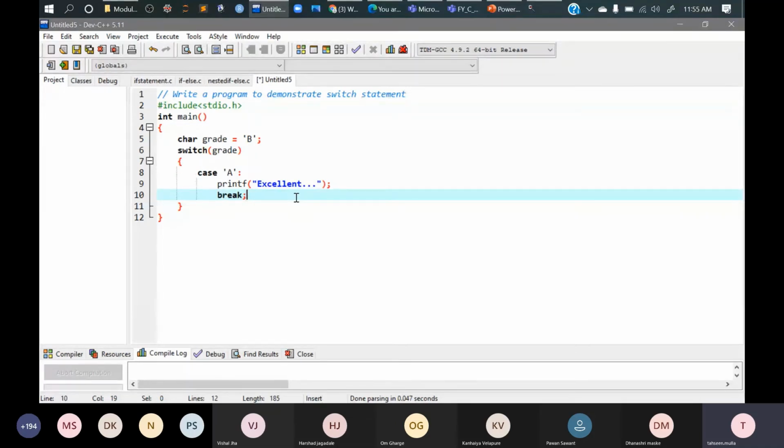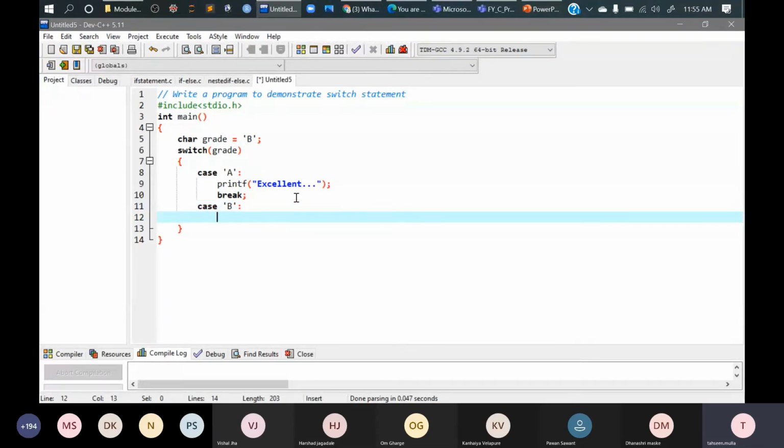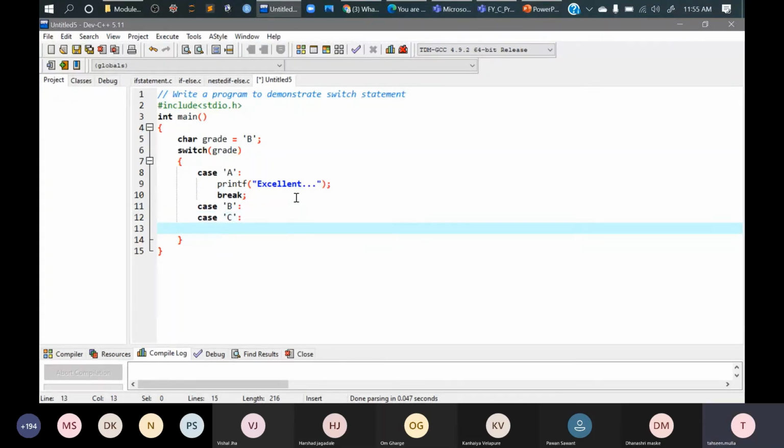If not, if it is case B, now let's see, by not giving anything in this case, I'll take an empty case without any break statement. Okay, so I'll take case C, and I'll put a printf.